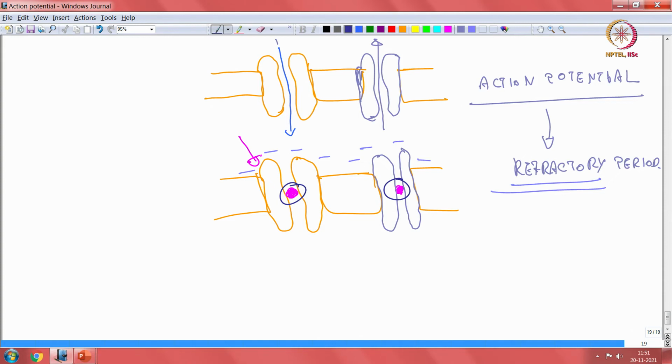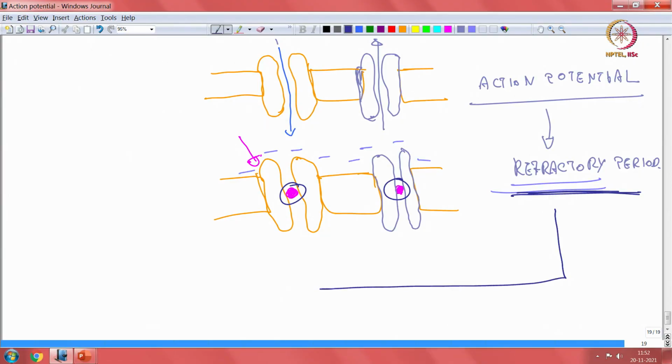We have been discussing all these things in isolation. None of these things ever work in isolation. They are part of a huge complex mechanism of several kinds of systems which are running literally in parallel. So, concurrency problems have been solved by the cell millions and billions of years back. We have not solved concurrency, I think; it is still not solved, to be frank. So, these are problems which have been taken care of a long time ago, and somewhere down the evolutionary pathway, it was realized that you need to have a refractory period.